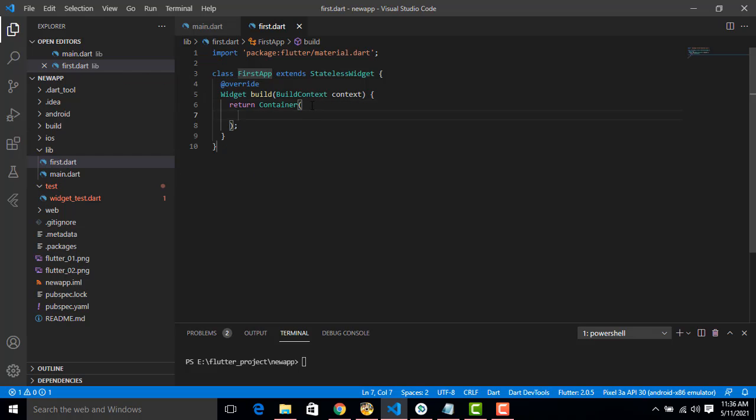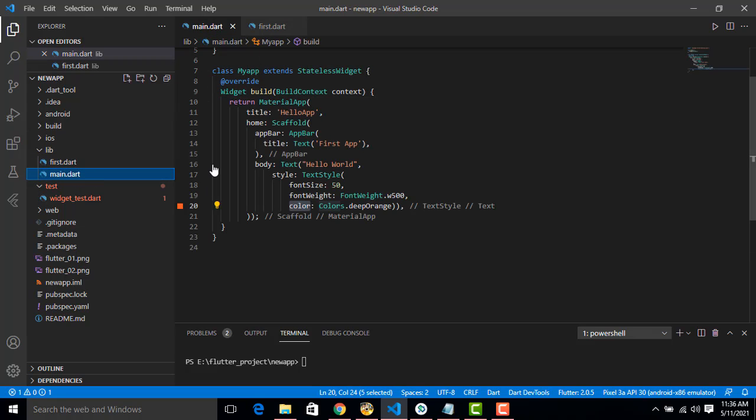Now inside here, I am going to bring in all this stuff, right? How to bring in all this stuff? First, this is the scaffold. We have to copy all of this here. Home, this scaffold. You have to click on this one. The scaffold is starting here, closing here. Okay, you must understand where the scaffold starts and where the scaffold closes. It is starting from here, the scaffold is closing from here.